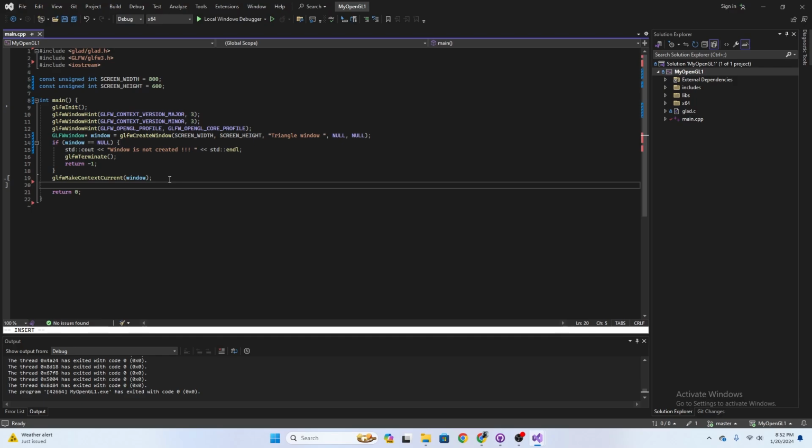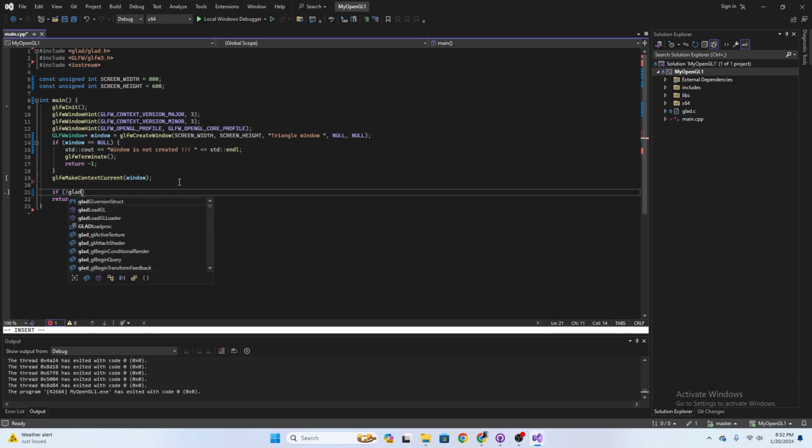This is just for loading the function pointers, and we can do that by typing if not glad, we want to load GL loader, and this function accepts a parameter which is glfw